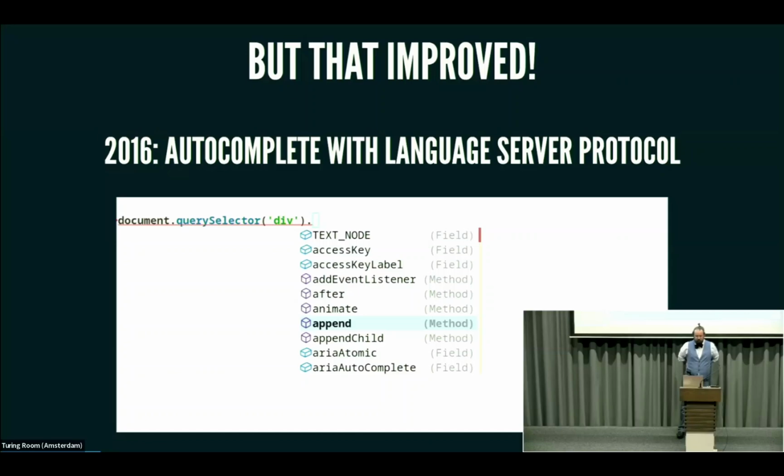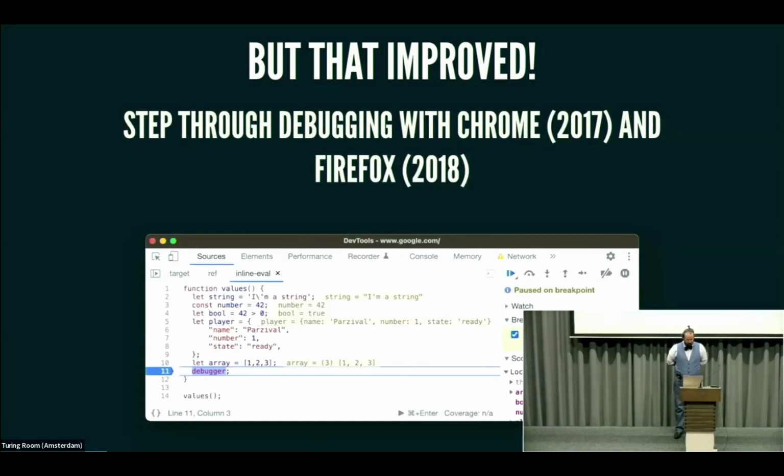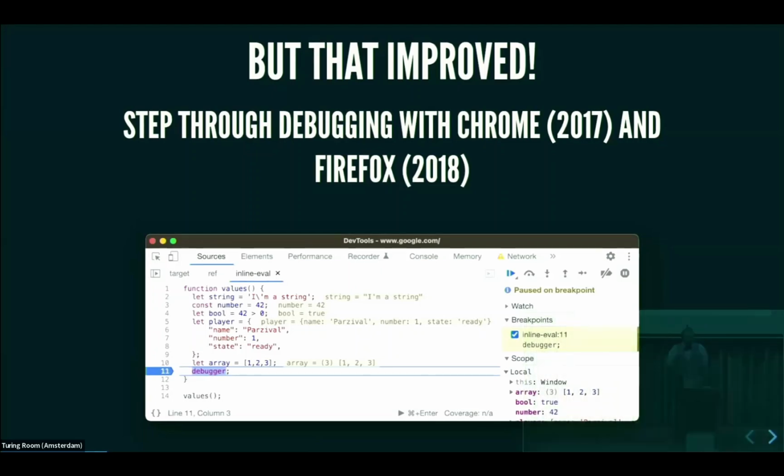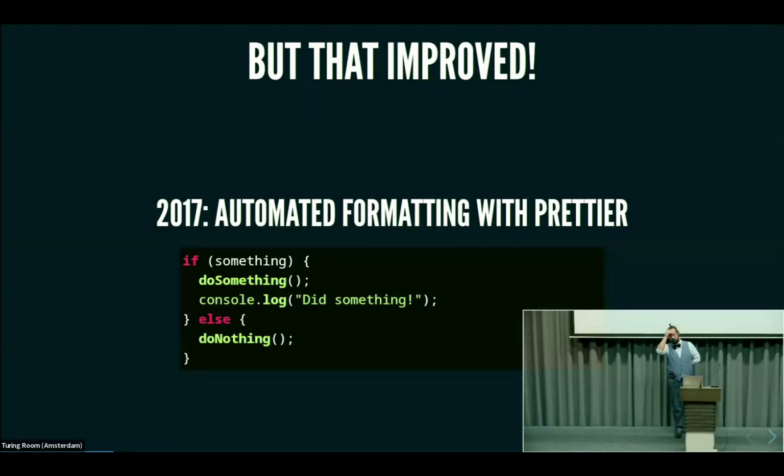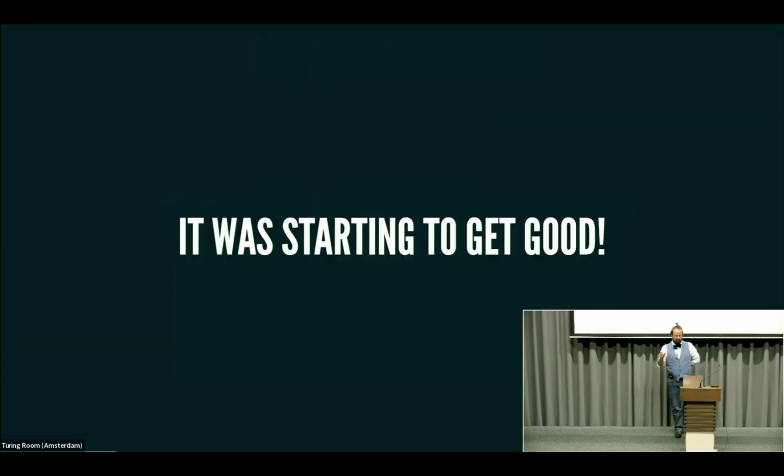So you would get your append. You would know what's happening. And in 2017 and 2018, I saw that Chrome and Firefox were implementing step-through debugging. And in 2017, we got automated formatting with Prettier, so my ugly code would just be pretty every time I would save it. So it was starting to get good.